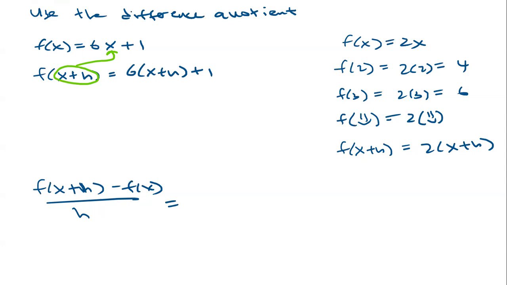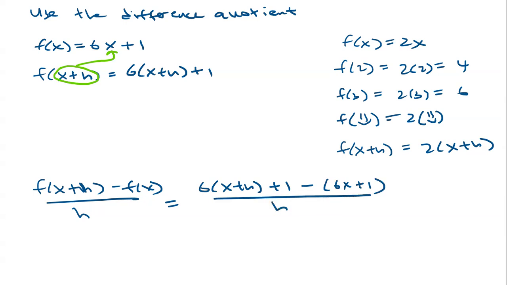F of x plus h minus f of x. So f of x plus h is 6 times x plus h plus 1 minus f of x, which is 6x plus 1, divided by h. And then I just simplify. Okay? So I'm going to distribute that 6. So I'm going to get 6x plus 6h plus 1, and then I'm going to distribute that -1, which is minus 6x minus 1